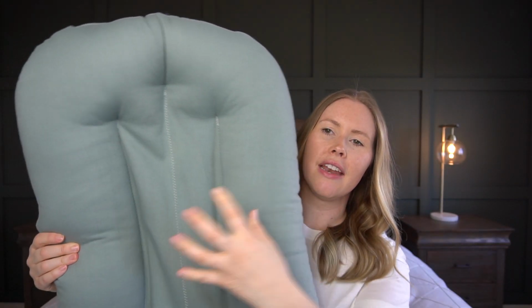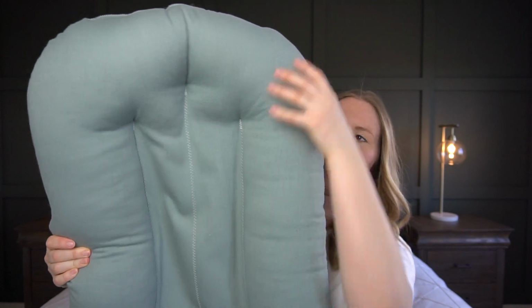So the way that it's made, this part kind of hangs in the air because of the border. So they're not on the ground and they're a little bit suspended, and it's just super comfy for them. It's also very soft. It's made of organic material. You can buy covers for them, so you can throw them in the wash, change the color, whatever you want to do. I didn't buy a cover for it